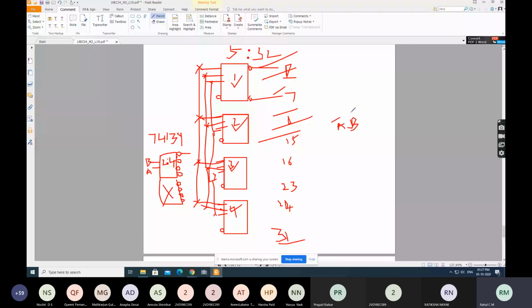0, 0 means what? A bar. A is 0, A bar comes. B is 0, B bar comes. The output is having a bubble. I'll put a bar. The answer will be A plus B. My question is not that. You understand my question? What will be the output value from this pin? 0. If people won't study, you won't survive.